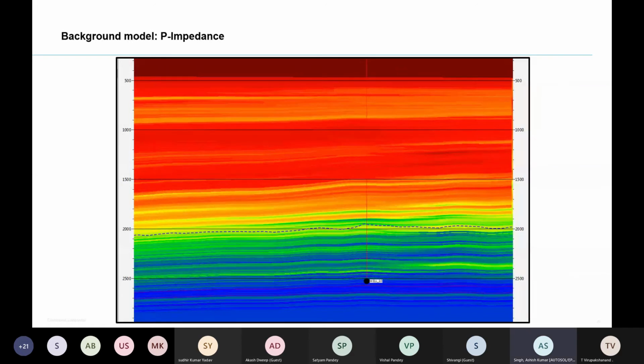So friends, if you are going to inversion, we have generated the background model, which I have told you, impedance and horizon. We have interpolated, suppose it is a single well, and we have interpolated this impedance value throughout the area. This picture I have taken from the Emerson textbook. It is also published, so no issue, right?